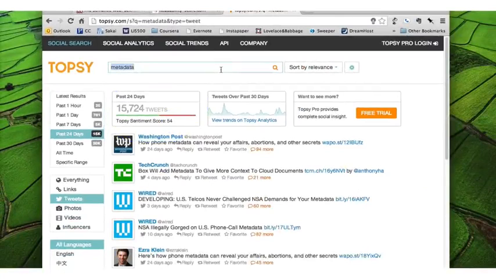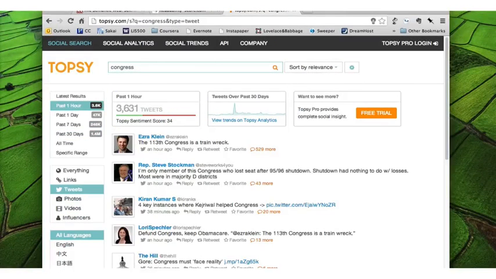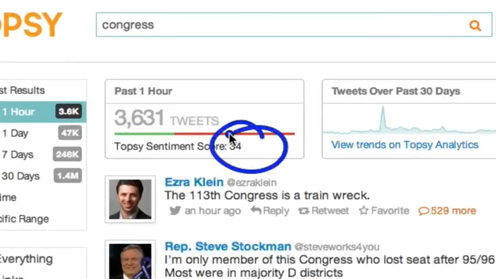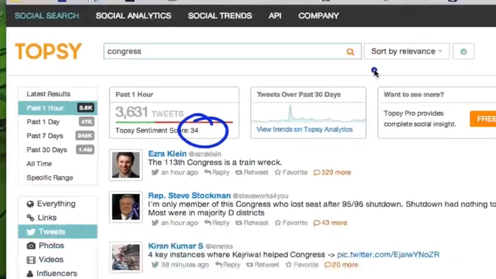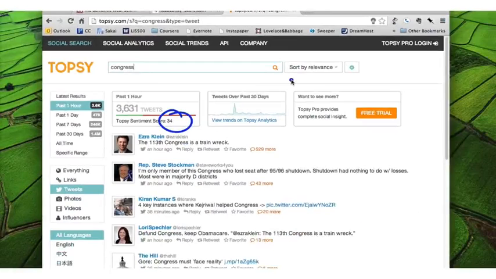Now, if we search for, let's say, Congress, now forgive me for using a United States-centric example, we have a sentiment score of 34. Only 34% of the tweets in the last hour are positive about Congress. So more people on Twitter feel good about metadata than feel good about the United States Congress. I suppose that's a pretty reasonable measure of success for me here. At any rate,